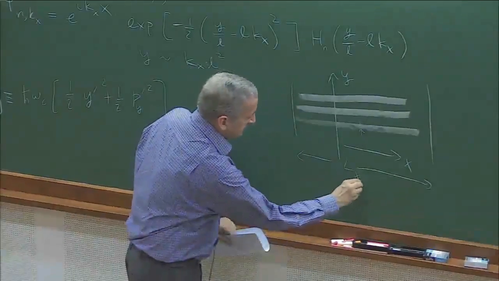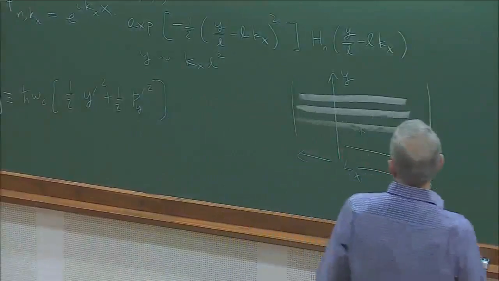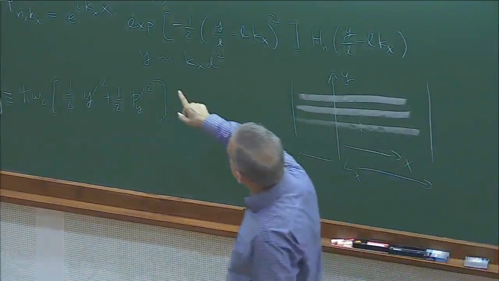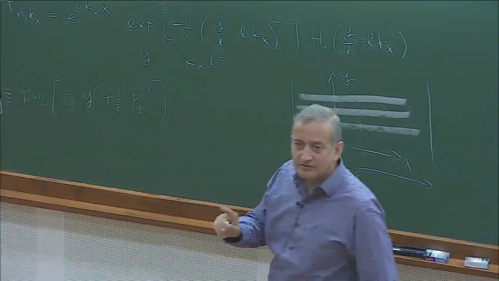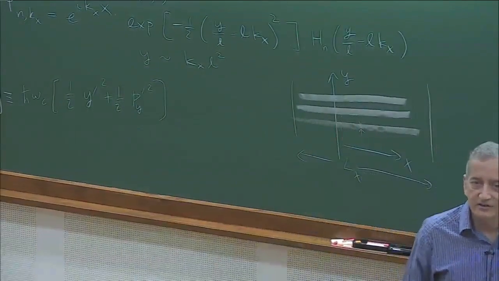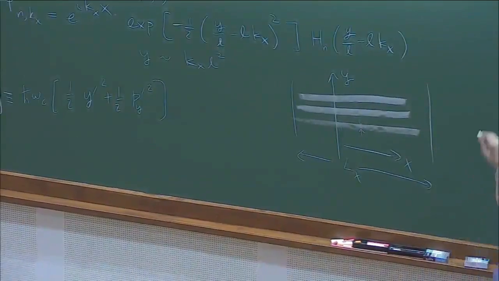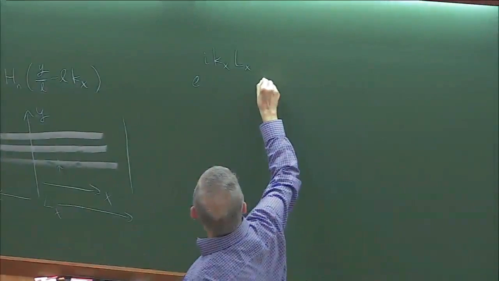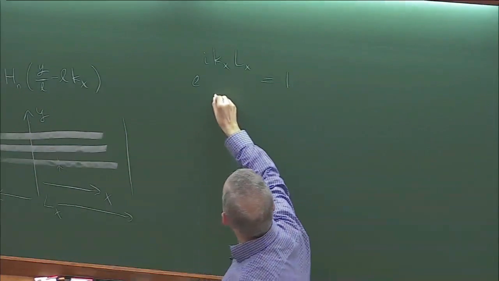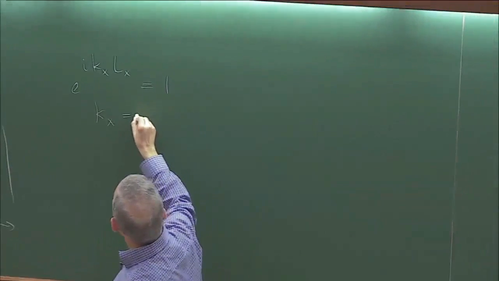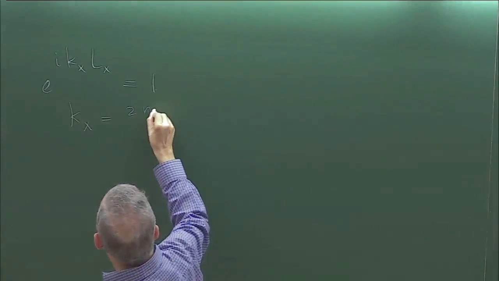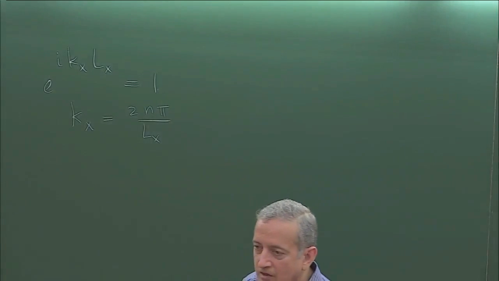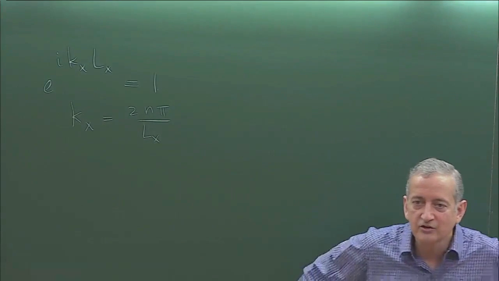or Lx. Periodic boundary conditions would say that if I change x by an amount which is equal to Lx, then the wave function remains unchanged. So that means e to the power i kx Lx is equal to 1. So that gives me kx equals 2 n pi over Lx. So this gives us discrete values of kx